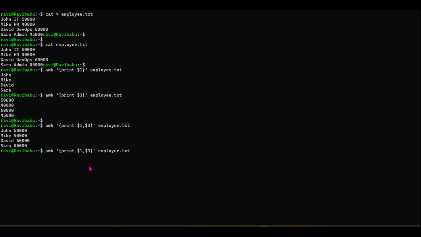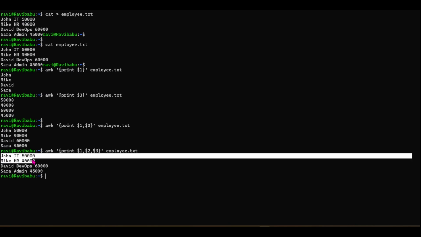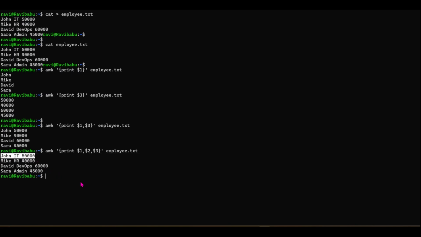Same, we can fetch the designations. So same, we can fetch three details like name, designation, and salary, comma separated, $2. Enter. We got three parameters listed here. So now we will